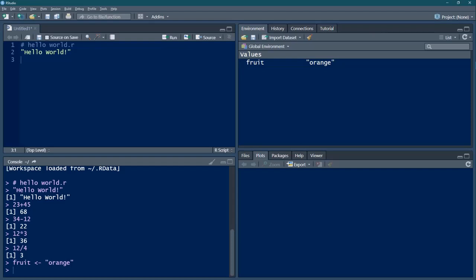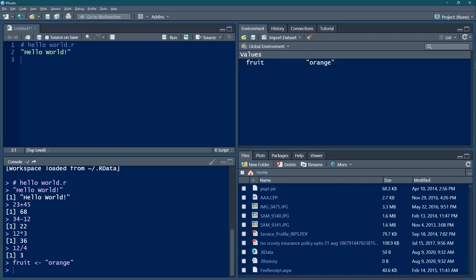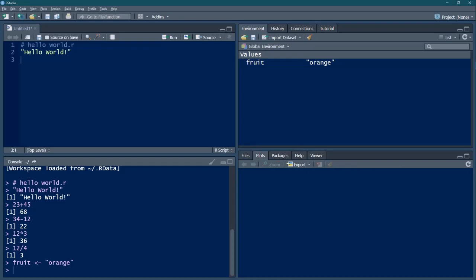The bottom right pane typically has 5 tabs. Here we see the default tab on top shows files in the current working directory. We can change our current working directory also. The second tab is meant for the plots we draw as we do the coding. The third tab shows the packages installed and loaded into memory.